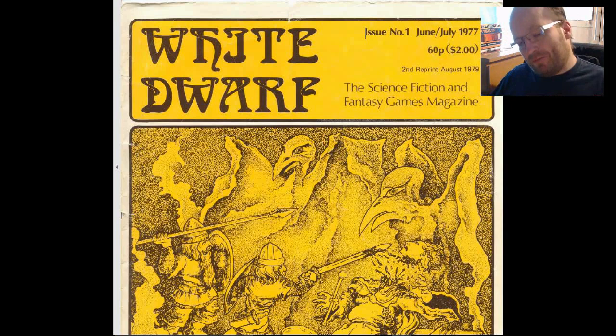I've gone through the first year or so of Dragon, but over on this side of the Atlantic, another magazine entered the market. Whereas you over the western side of the Atlantic got Dragon, this is what we got. I remember this being on the shelves of the Games Workshop in my local city centre, about 1983 when I was first starting going in there, because that was the time when Games Workshop covered all role-playing games, and this was pretty much Games Workshop's own in-house magazine. And this is White Dwarf, and this copy I've got here